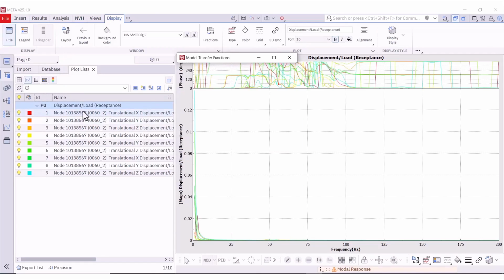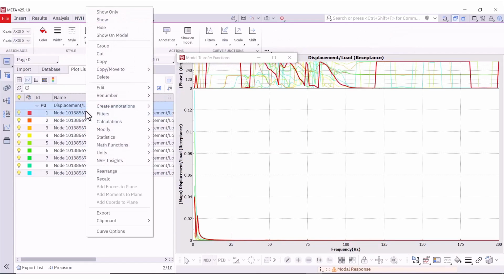Select a curve from the list and press right mouse button. Observe that NVH insights are now available through modal response calculations.